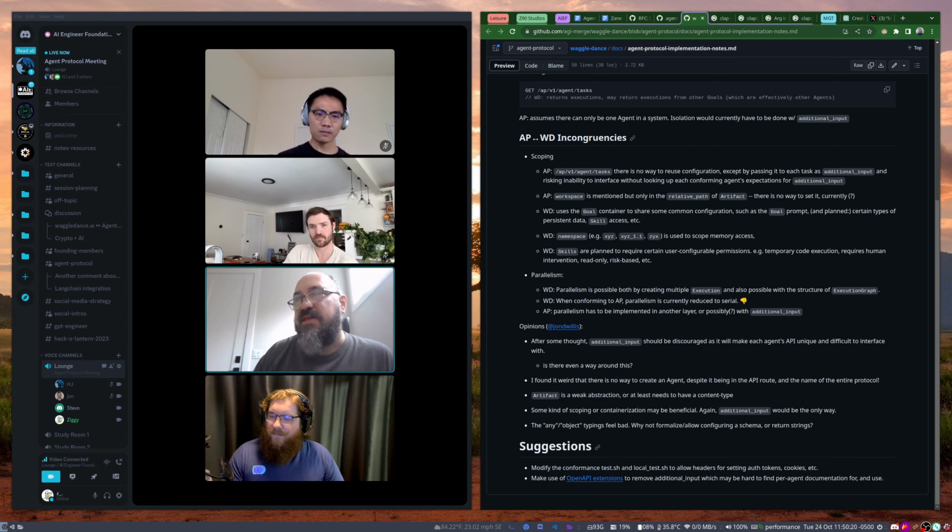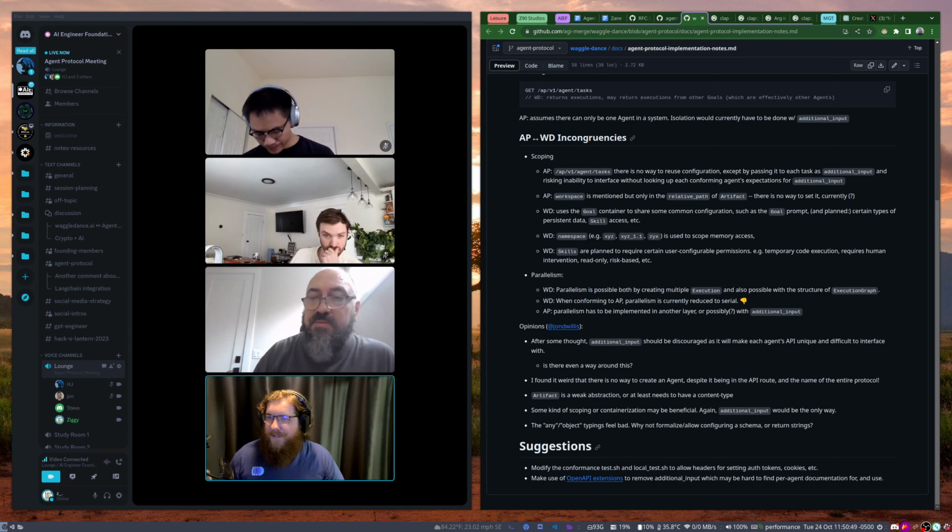If someone has to authenticate with that agent, does that give them access to every task on the server, or does it just give them access to one task and they have to re-auth with each task they want? I don't know how far you guys have gone down the path of thinking about how authentication works between agent to agent, but you do want to establish a trust boundary to where what's inside of a given server, everything should be trusted.